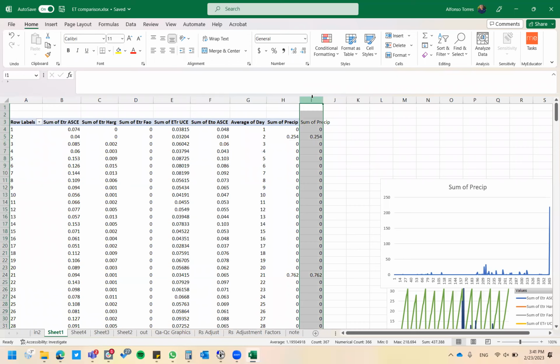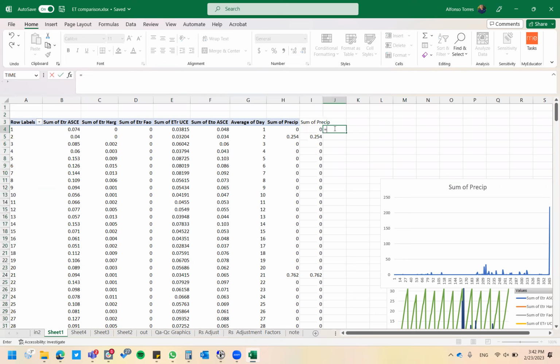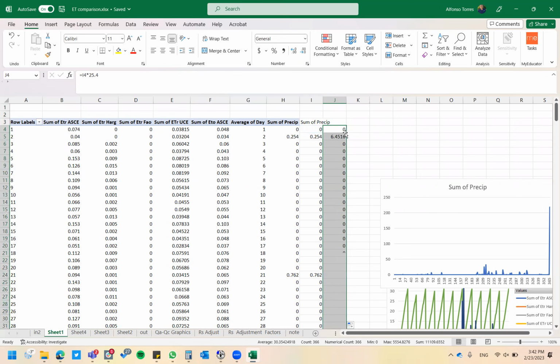So the precipitation data, despite us asking the weather station for English units, came in millimeters. How do I realize that? If I multiply this column by 25.4, okay? There is a big result. If I plot it,